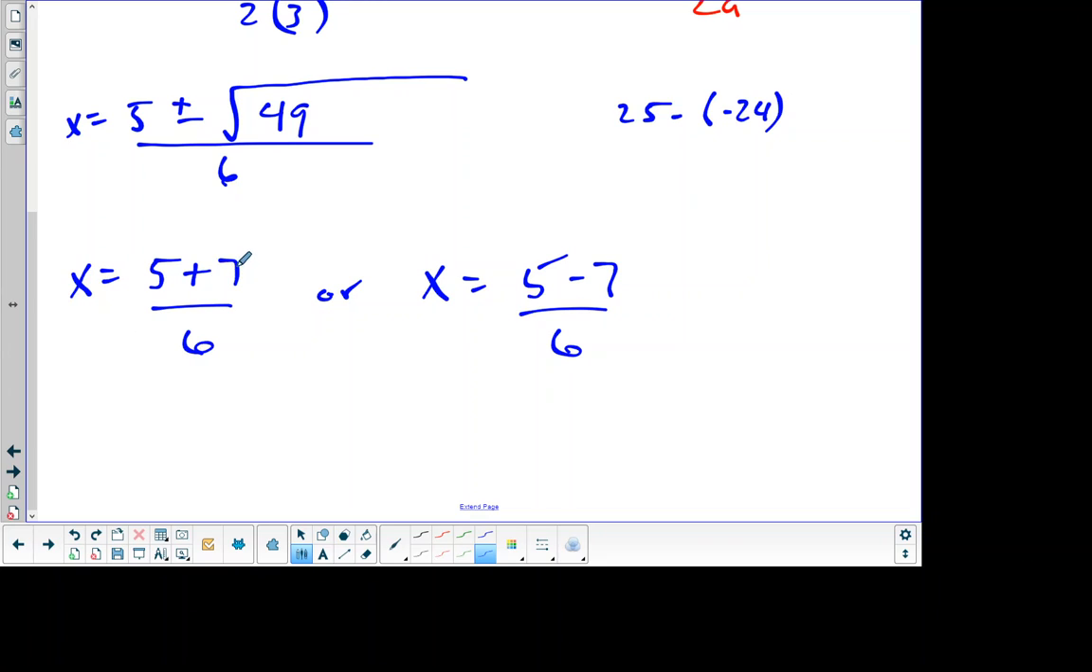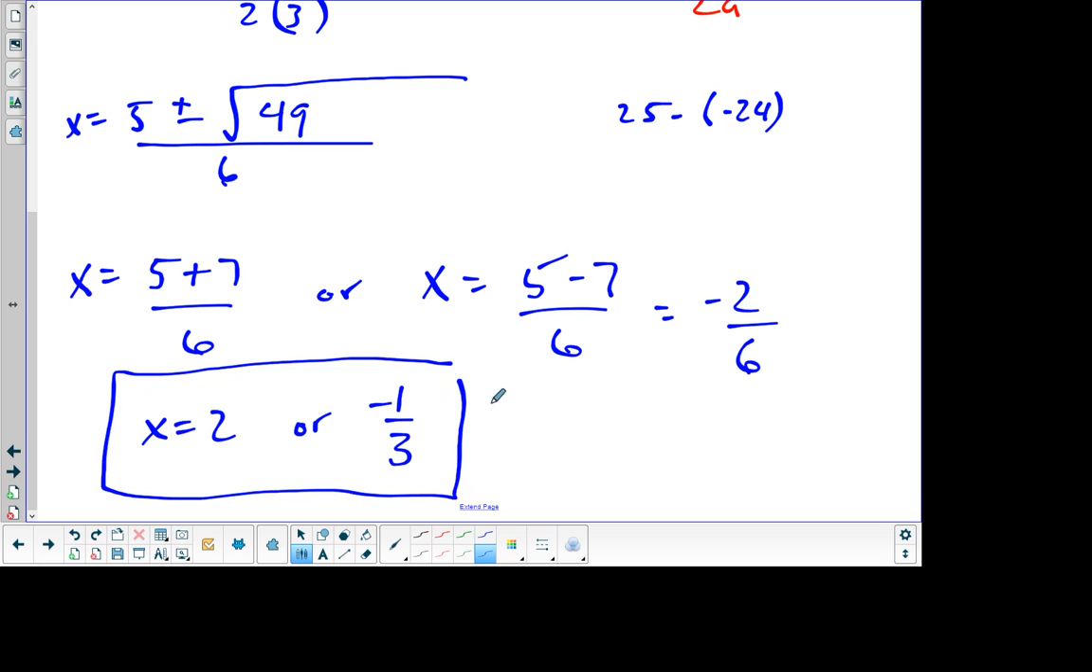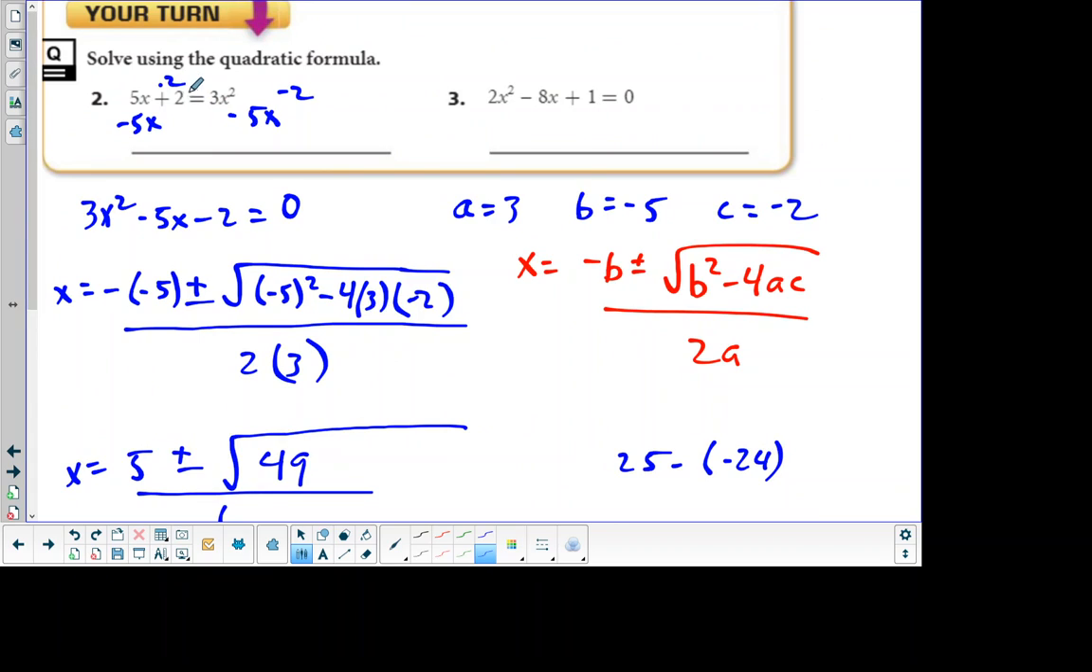Well, 5 plus 7 is 12. 12 divided by 6 is 2. So x equals 2, or over here, 5 minus 7 is negative 2, and then negative 2 over 6 simplifies to negative 1/3. So by using the quadratic formula, we were able to solve that equation. Values of x can be 2 or negative 1/3. And if we were to take those values and substitute them into the original equation, we would see that it makes it true. And just to quickly